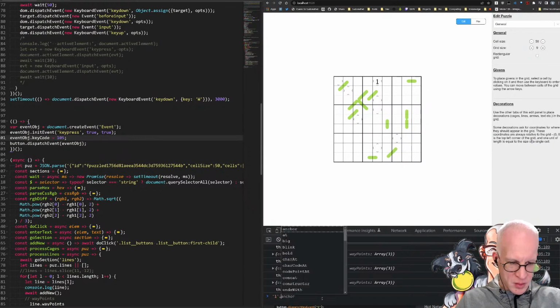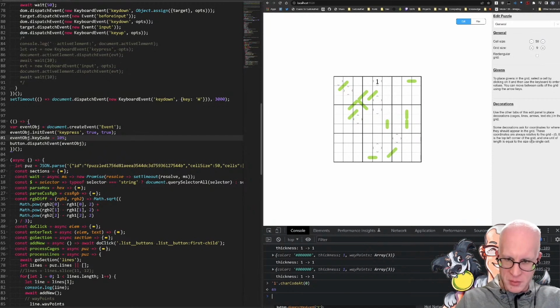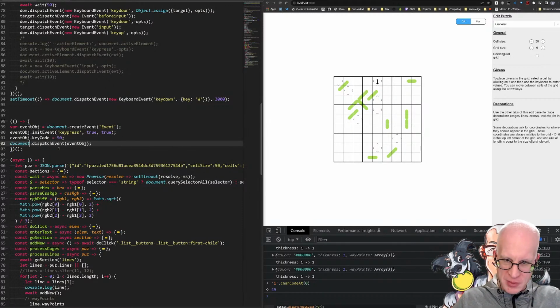So let's say 1.charCodeAt(0). So 49, all right. Or 40, let's call it 50. Button.dispatchEvent. So it does want to dispatch it, but I want to kind of dispatch it to the document, right? So if I do set timeout,